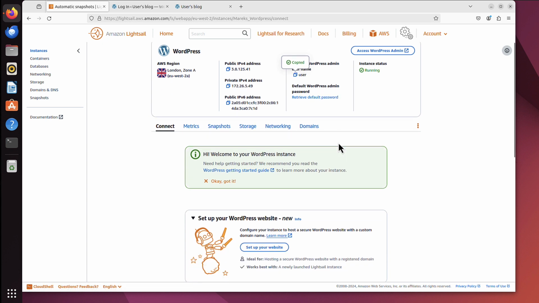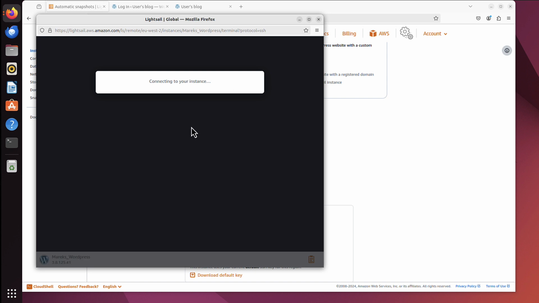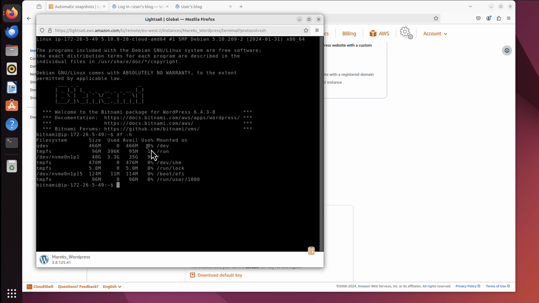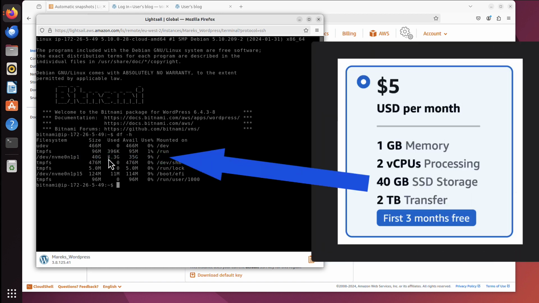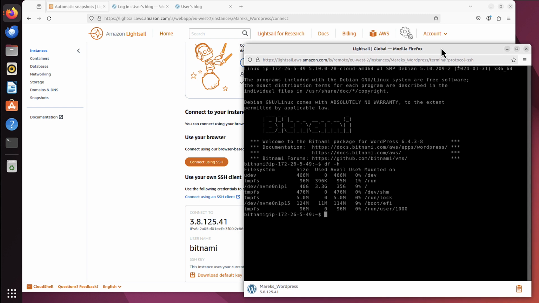If we go back, you can see default WordPress admin password, retrieve default password. But before I click that, let's scroll down a little bit. Look here, connect using SSH. This button will let us connect to the server itself, not to the website, but to our server, which is running that website. If I click that, it opens another window, and this is my server. This is the private IP address of that server, and for example, if I run df -h, you will see it has 40 gig, because that was provisioned at the very beginning. It has a 40 gig SSD drive, so if you want, you can install even more stuff, not just the website and web server, but we will need that for something else. We will need this to retrieve our password.